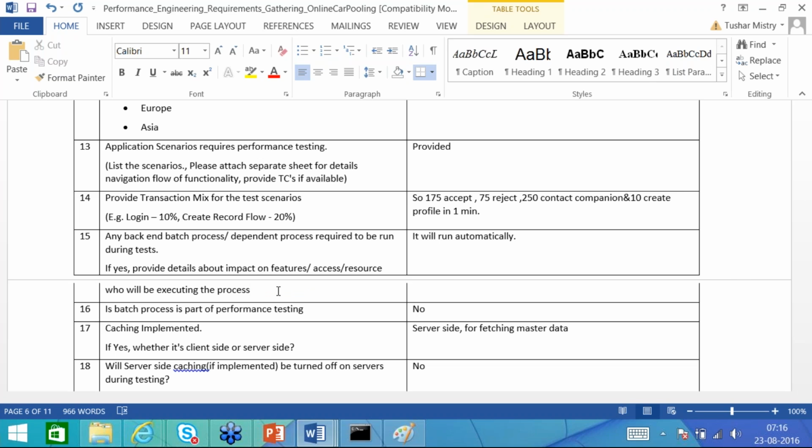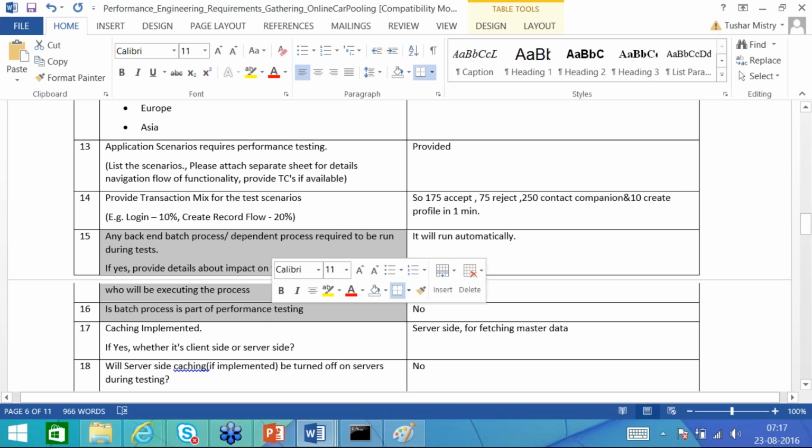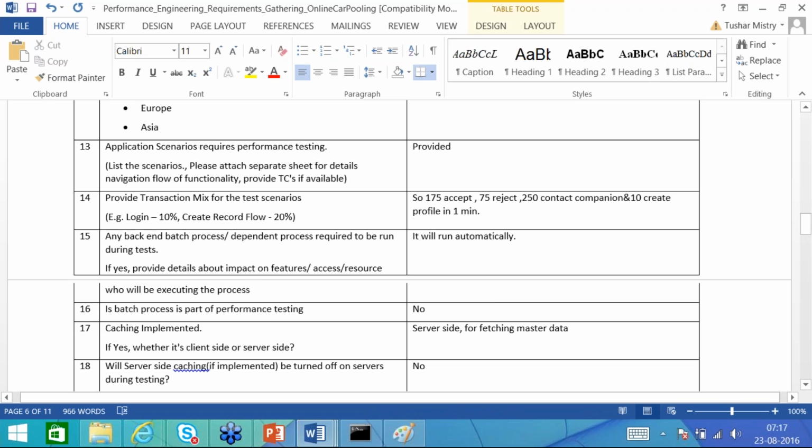If yes, then the client will provide the detail of who will be running them and what the impact is on the performance testing execution. So this is one and the same. Is the batch process a part of performance testing? Whether they are run or not, here it's mentioned no.